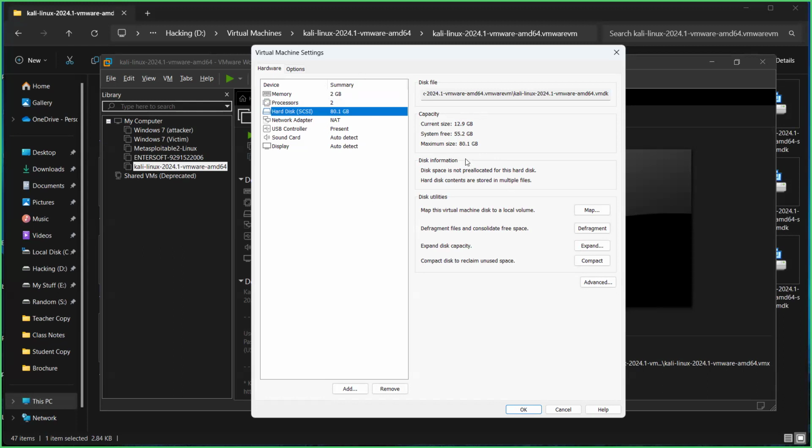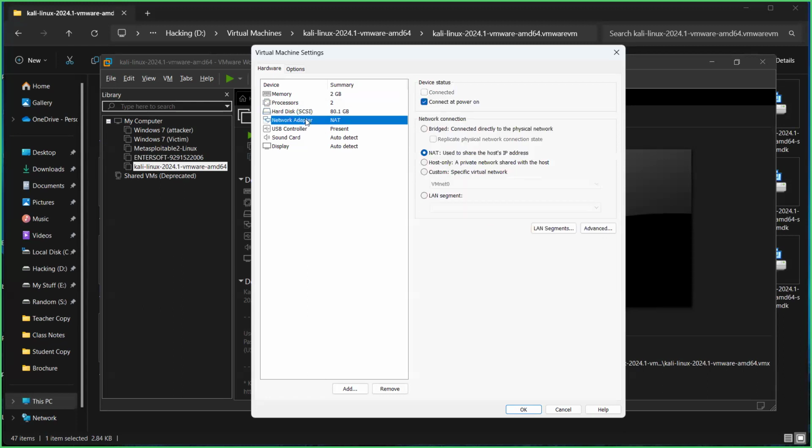So again, hard drive space 80 gigs max, and network adapter, bridged adapter. What I mean by bridged is this is now connected to the physical network directly. So this acts as a virtual machine in the same network as your base machine. So now your base machine and virtual machine can communicate with each other. They can send packets or data to each other because they're in the same network now.